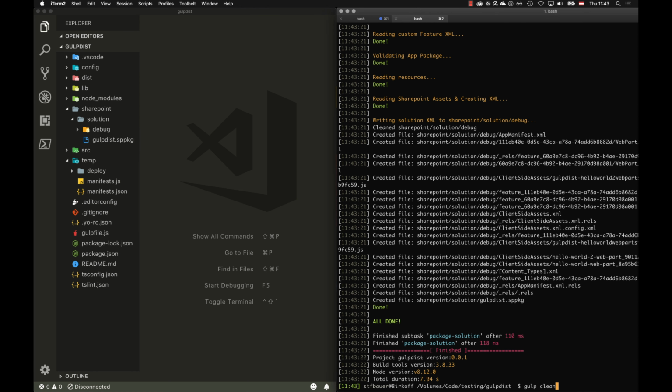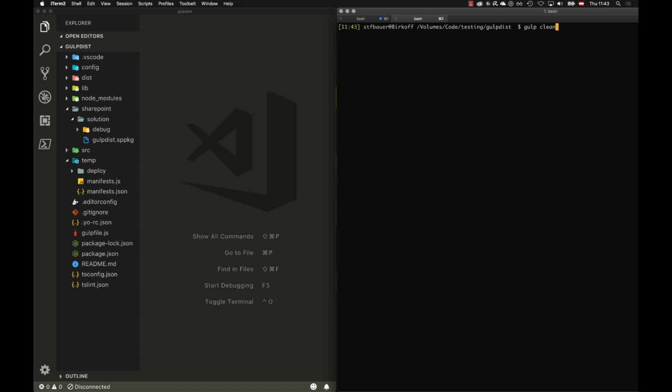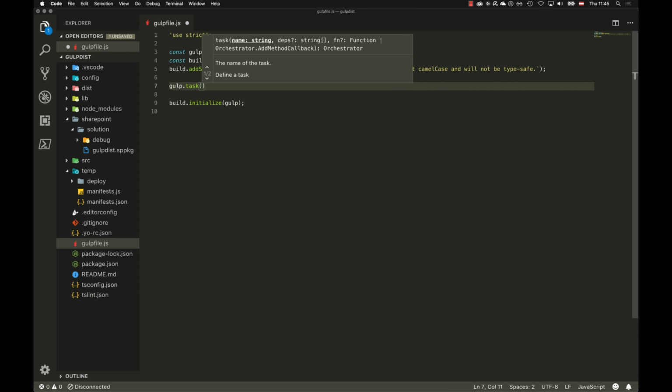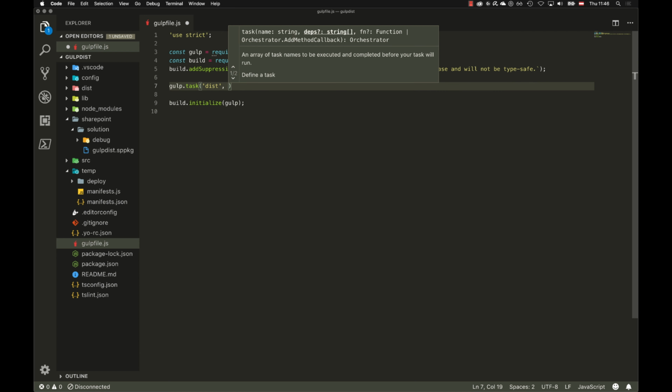I executed four commands here. First the clean, then the build, then the bundle, and finally the package solution. But there is actually an easier way to do this. When I go over to the gulp file, the only thing I need to do in here is write a gulp task and give the task a name, in my case dist, and then